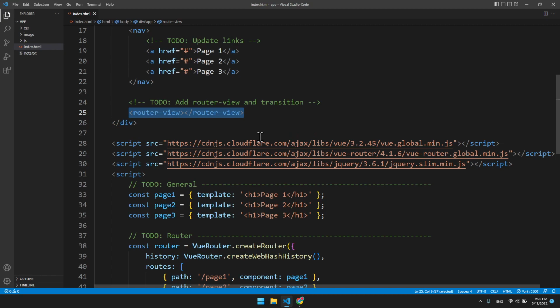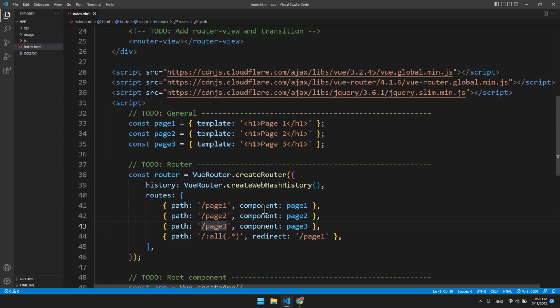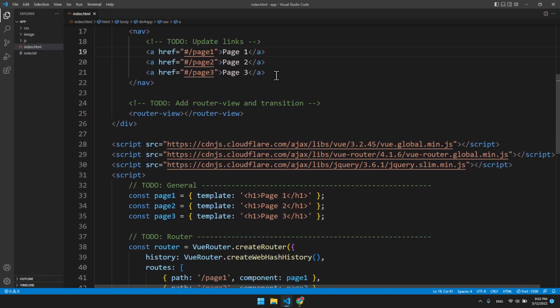Not only this, the URL should actually point to the right URL. So we've got page 1, 2, and 3, right? Remember we are using web hash history. So in this case, our URL should start with a hashtag here. The first one is going to be page 1, the second one page 2, and so on. Remember we need to have the hashtag because we are using web hash history. So job done. We can go back to our browser and see whether we can have the content being